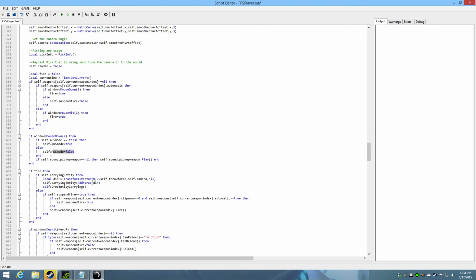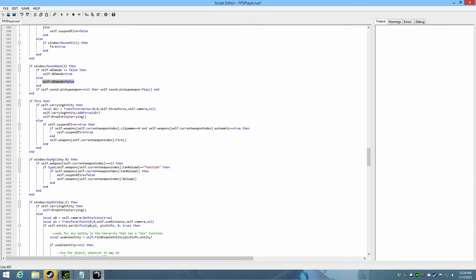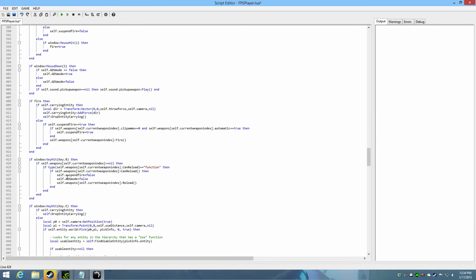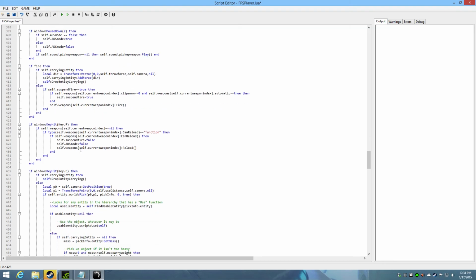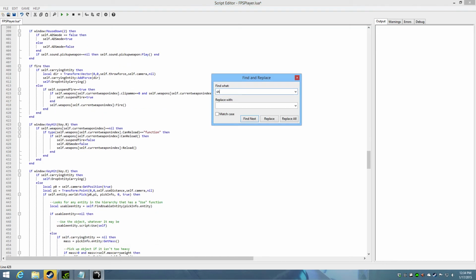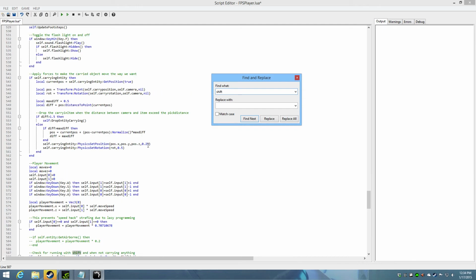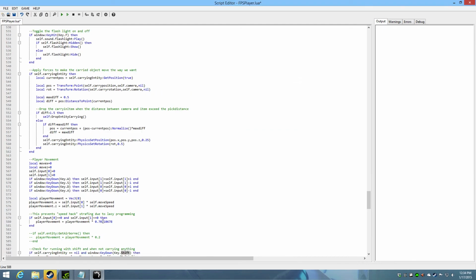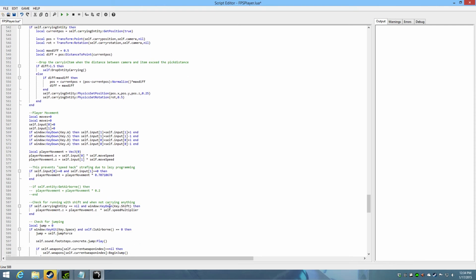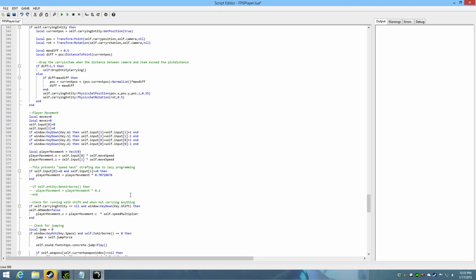The last thing we're going to do is take this self ADS mode and find some stuff like, oh hey, when we reload, I don't want to be in ADS mode, so we're going to take us out of ADS mode when you reload. You can also, like, when the shift key is pressed, see if the character's not carrying anything and the shift key's pressed, he sprints because he multiplies his speed, right? So we also want him to drop out of ADS mode. So anywhere you find that you want to make it to where it drops him out of ADS mode,